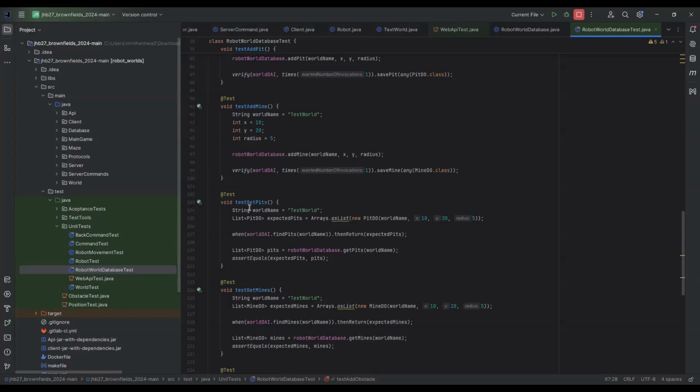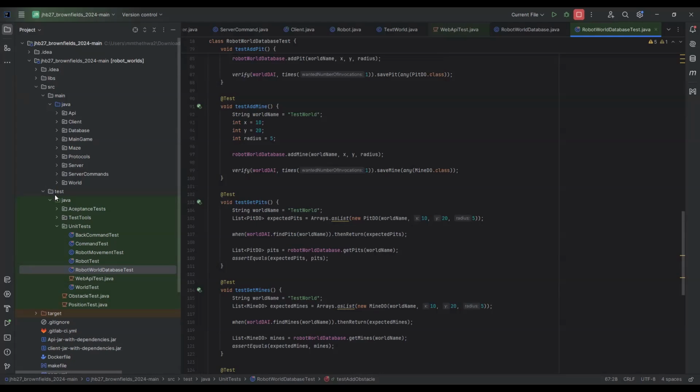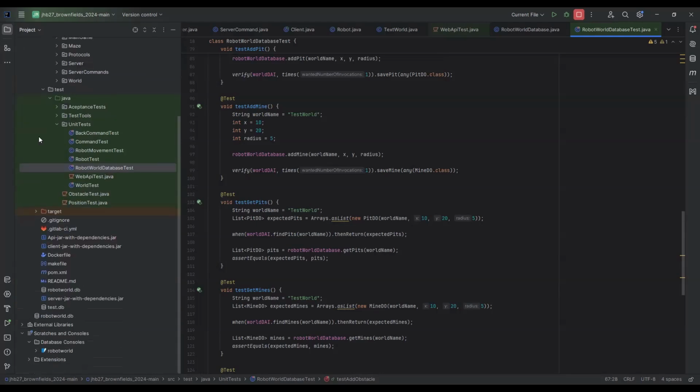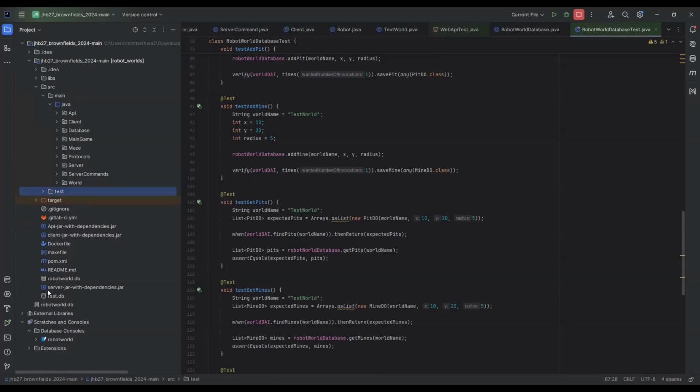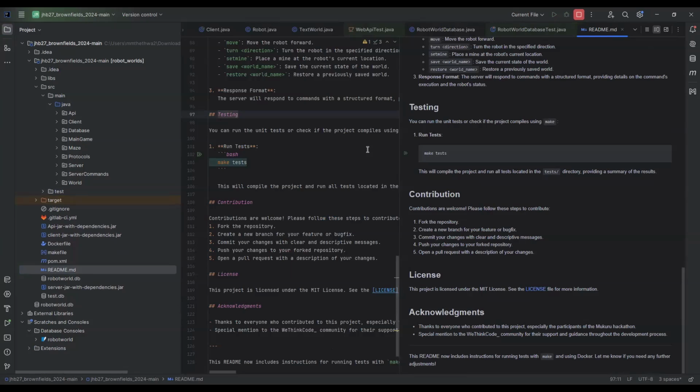And then we have the user instructions and installation. This is the design document compliance. In terms of user interaction, I've provided detailed instructions within the documentation, which is the README file over here, to help users utilize the project to its full potential. The README file covers everything from basic usage to advanced commands, ensuring that users can navigate